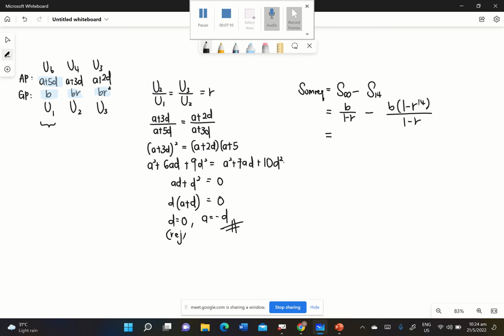So I'm going to get negative 4D, 4A here, because I want in terms of A. And my common ratio, how do I find it? Exactly, right here. Even from here, you can tell already. I'm just going to pick the easier one. So R equals